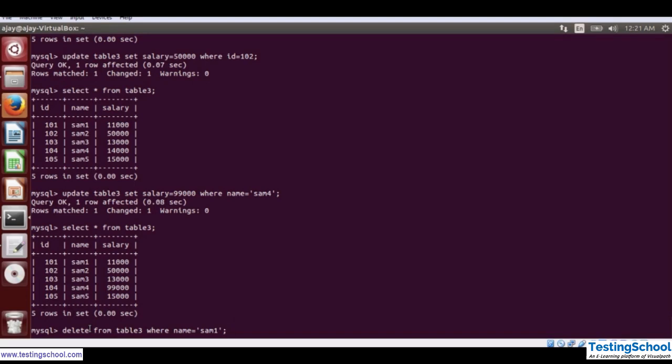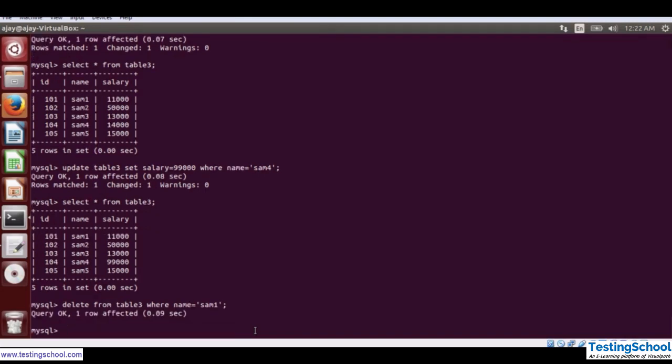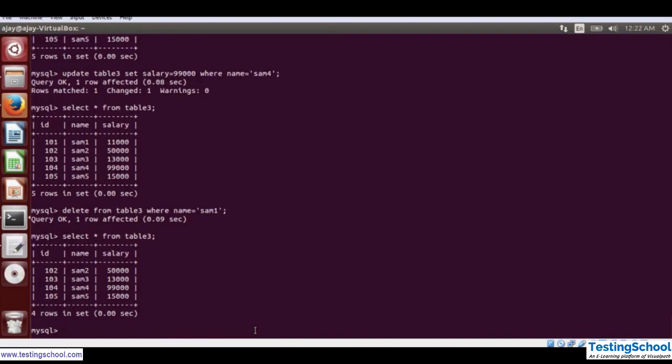So now I have Sam1 here. For the first row, I wanted to delete this row. So I am using this query like delete from table 3 where name equal to Sam1. So I have executed this query successfully, and if I execute select star from table 3, then that record is